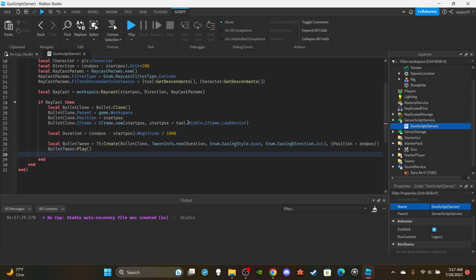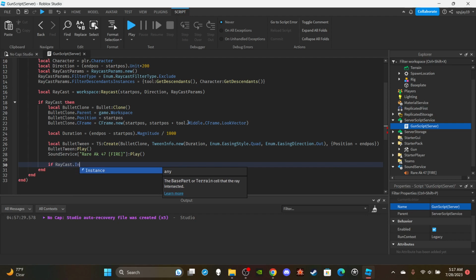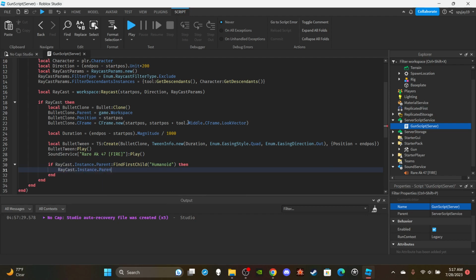And of course, I'm gonna use the sound service to play the sounds of the gun firing, pretty much. Dot rare AK-47 play. That's the name of the audio. Then moving on to the next line, we're going to check to see if the player hits anything, and if they do hit something, we're going to check to see if it's a player. If it is a player, we're going to deal damage. So if raycast dot instance dot parent find first child humanoid, then raycast dot instance dot parent dot humanoid, we could say